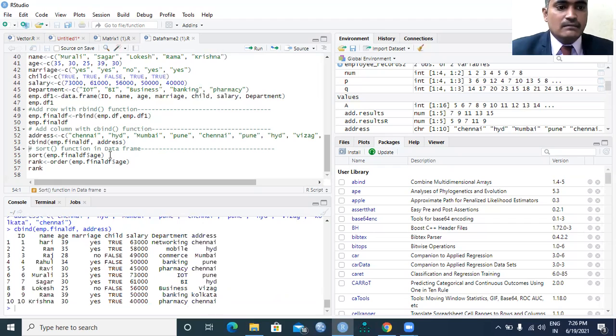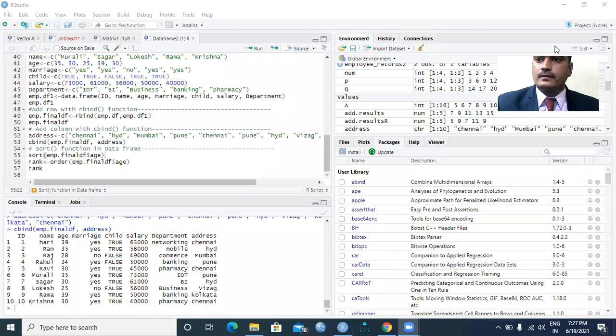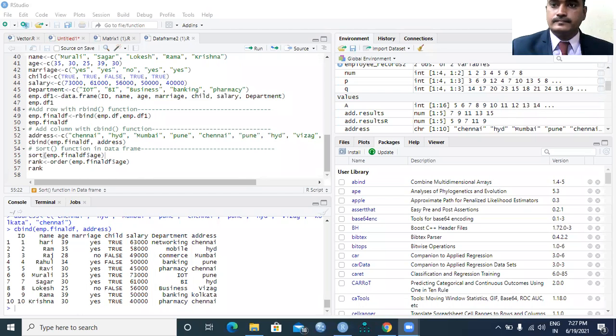Now we can even sort. I would like to show you one more function, the sort function.